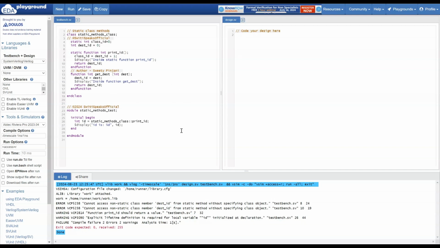So this is just a sample example I gave you for practice. This is how you can create. Now what you do, you understand static methods in detail, understand this example, and create your own examples. Here I have taken function, you can take task. Here I have tried calling a static variable, a non-static variable. You can try to call some other variables. You can try to call some methods inside this method. You can try to display this destination id also. You can try to call a static method inside a non-static function, see what happens. All these permutation combinations you should try.